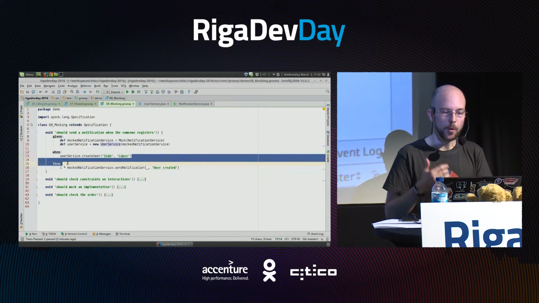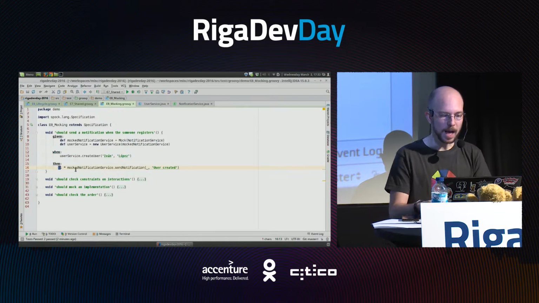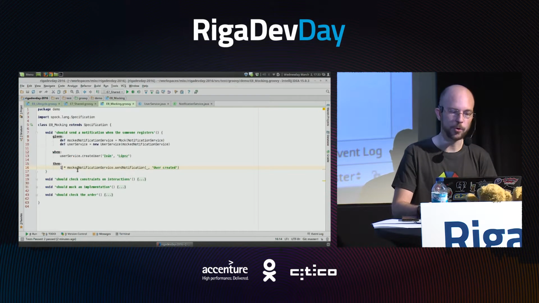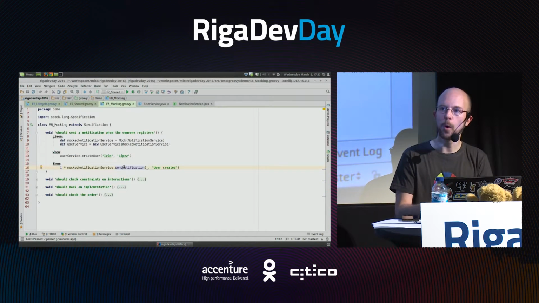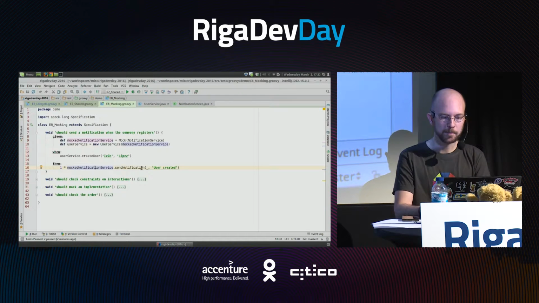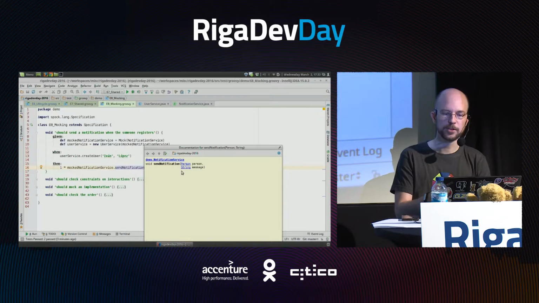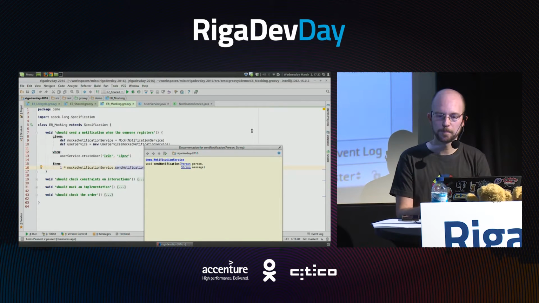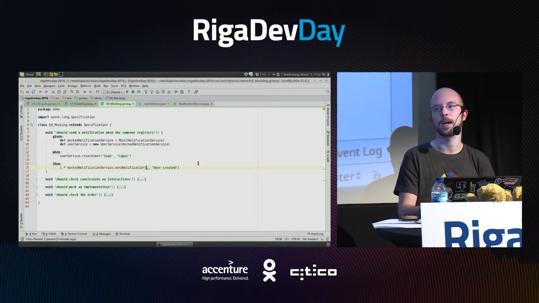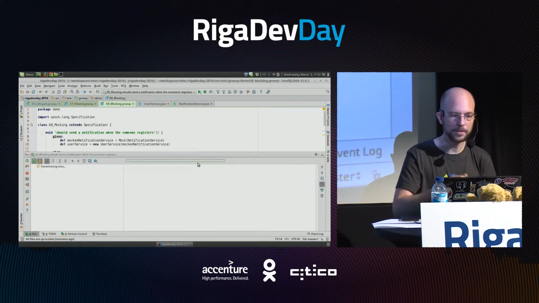and when I execute this code, this is what should happen. I expect that this method will be called once and only one time in this collaborator. Let me show you this. The first parameter is a person. The second one is a message. So with this underscore, I'm saying I don't care about the person, but the message needs to be user created. So if I run this test,